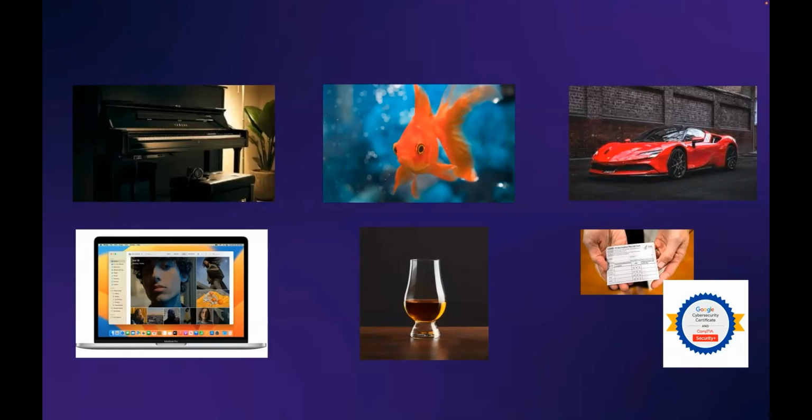I do want to just mention that we do have some customers that are using our assets in Jira Service Management to manage inventory of fish, luxury vehicles. We've got some certifications here that you can also track with assets. Additionally, we have heard of some folks using assets to track vaccination records. We have endpoints like laptop. And my personal favorite, which we'll get into a little bit later, is Whiskey.